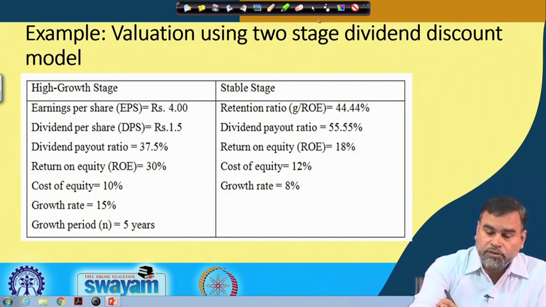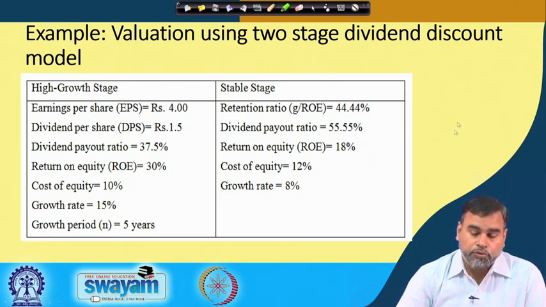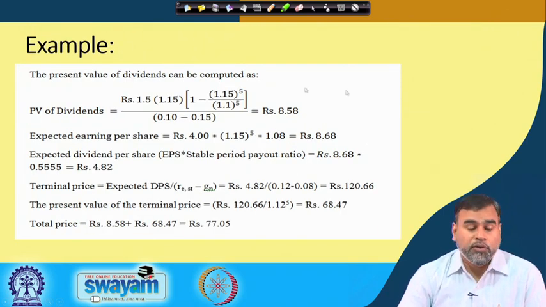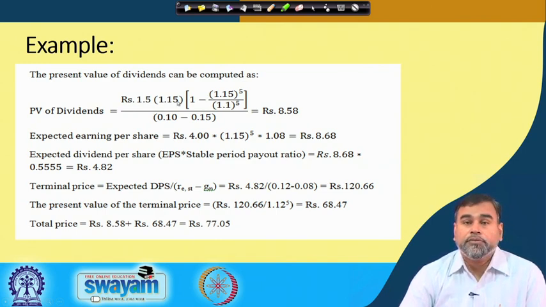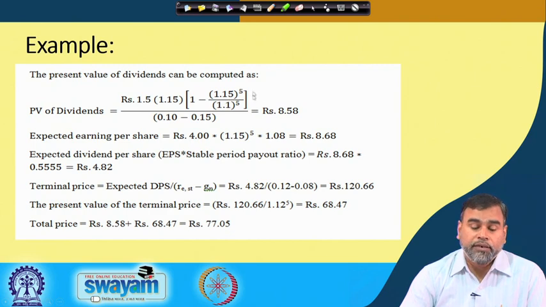Then how are you trying to do this? If you see, you can put those values in that formula. Then 1.5, which is the initial dividend per share, into 1.15, where 15% is the growth rate, then 1 minus (1 plus g) to the power n, that means n is equal to 5, 1.15 to the power n divided by (1 plus r) to the power n. R in the first period is 10%, then 1.1 to the power 5. Then finally, that is divided by r minus g, r in that high growth period is 10%, then 0.1 minus 0.15, then you are getting